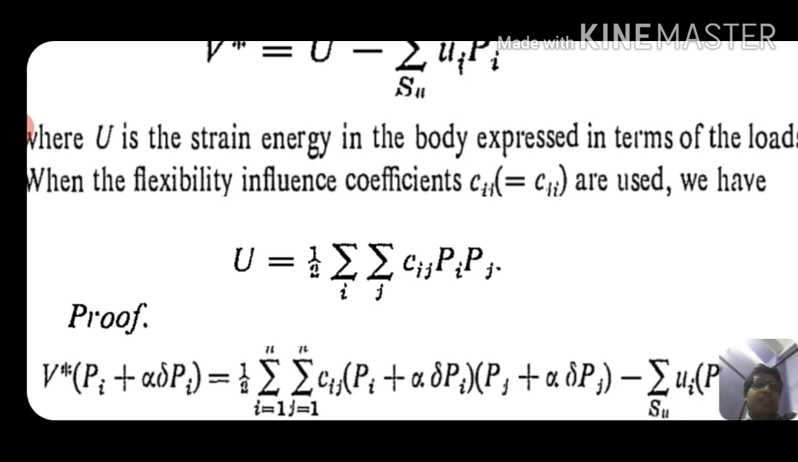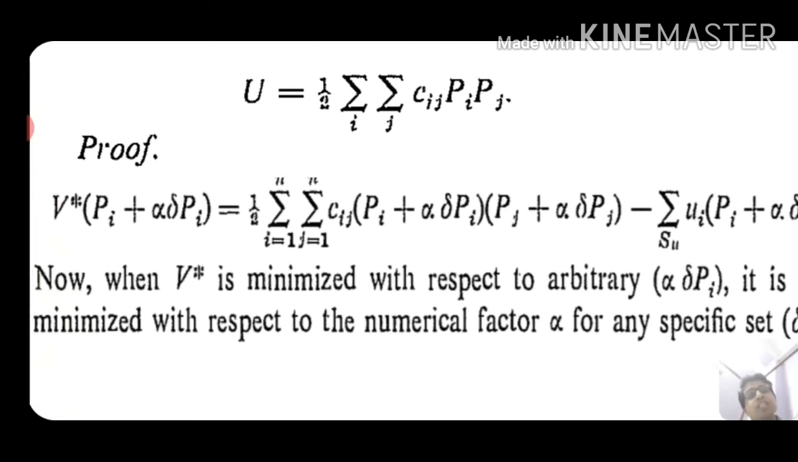The set delta Pi must vanish on the sets of points Sp where the loads are prescribed. Such a set of delta Pi is said to be admissible. The value of the complementary energy, that is V star,